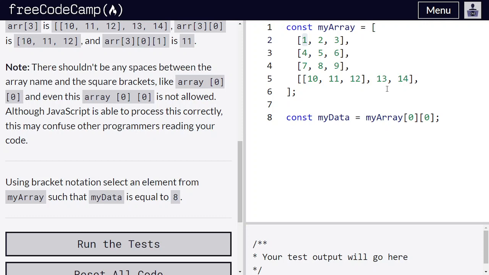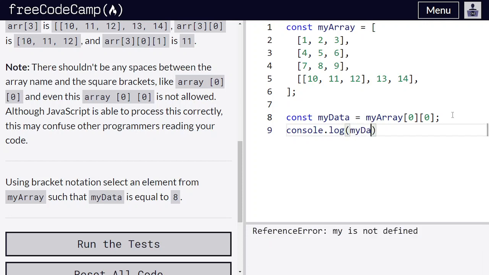So in this example we need to assign a value of 8 to variable myData. So we have values here, and we need to declare it as 8. So before that, let us also type another thing which we usually do, which is console.log, and here we'll type myData so we can see where we are going.